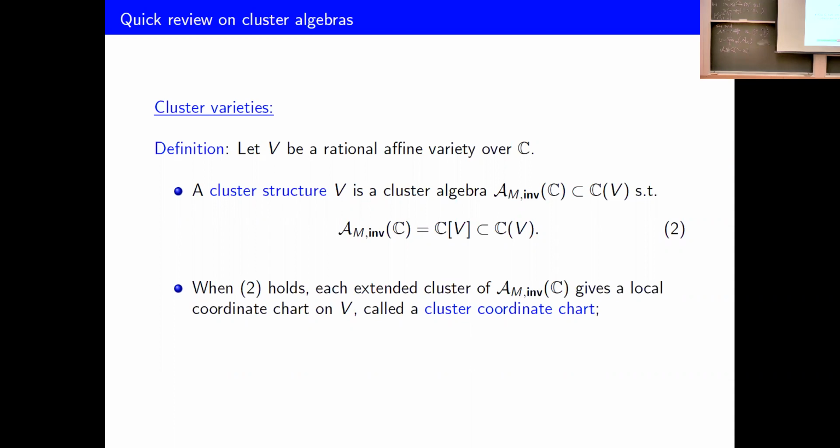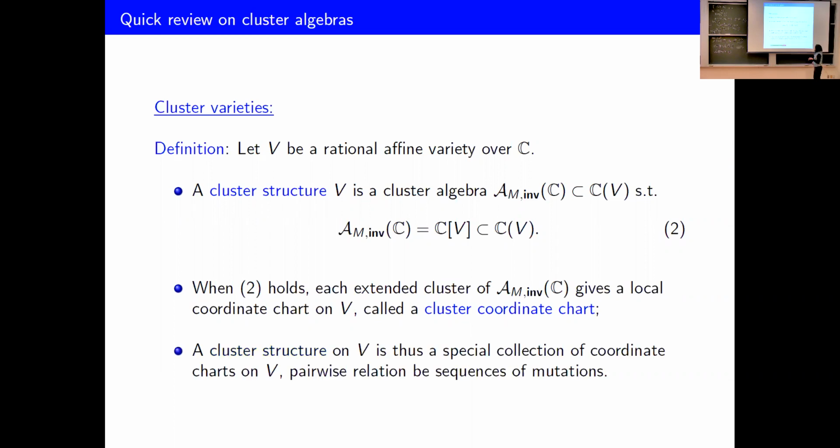Now remember those charts are obtained one from another by mutation, and that means the change of coordinates between these coordinate charts you can do step by step, because any 2 charts are related by a sequence of mutations. So we have more information about the change of coordinates, because they are obtained in a very particular way. So we think of a cluster structure on V as a special collection of coordinate charts, but they are pairwise